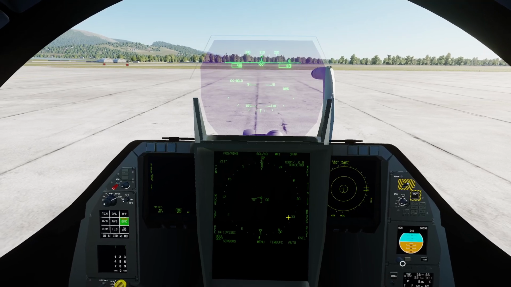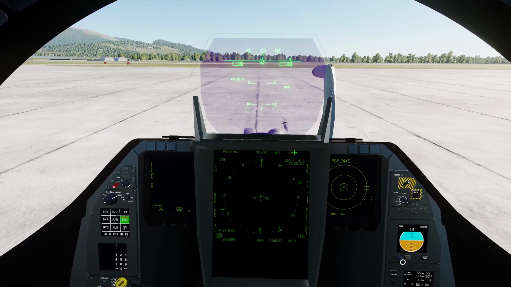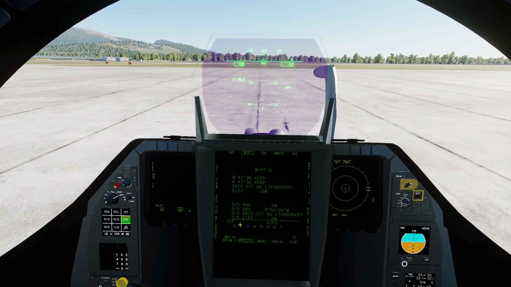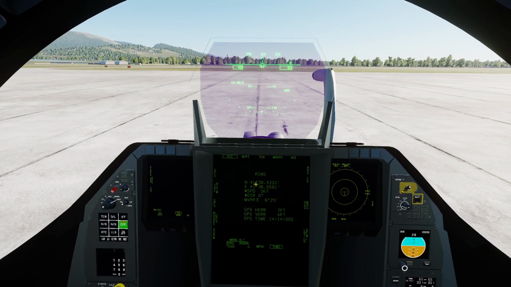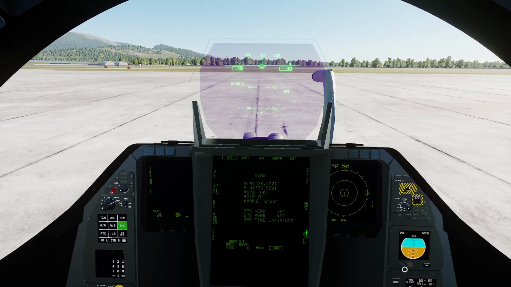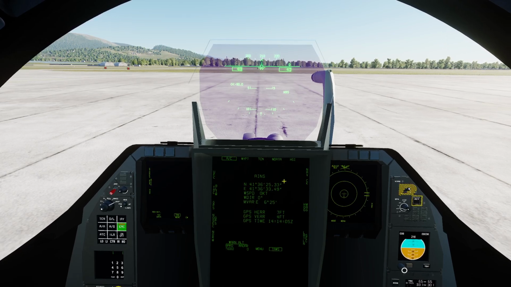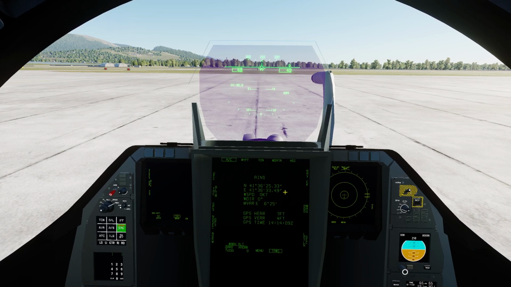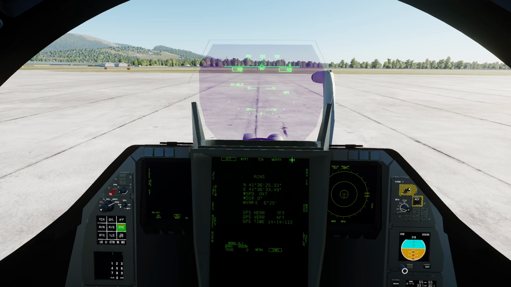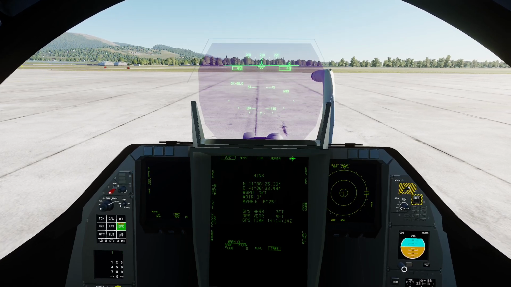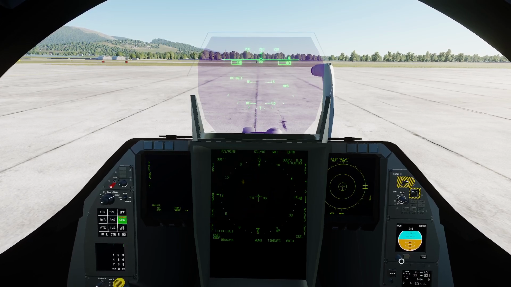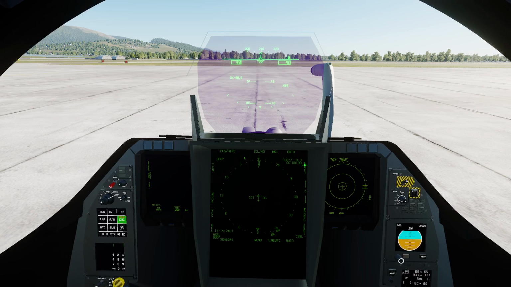Okay, and now we're going to configure the 8 digit coordinates, because that is to be absolutely precise if you need, for whatever reason, to engage any ground targets or anything like that. So back to the HSI page. So we're going to configure waypoint 1,